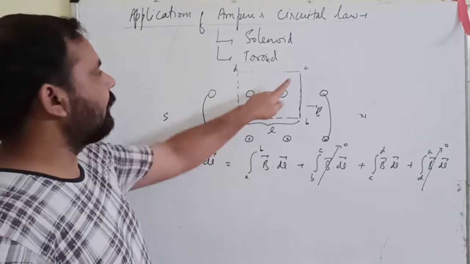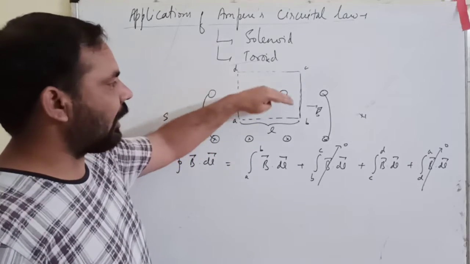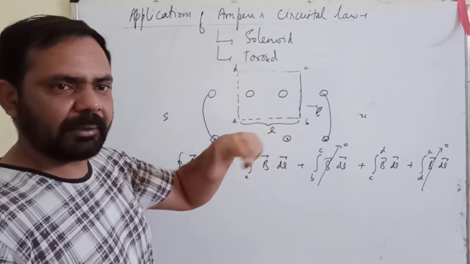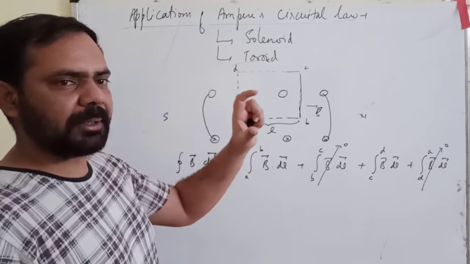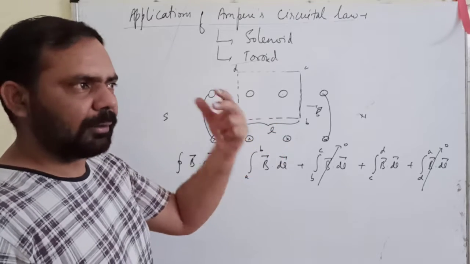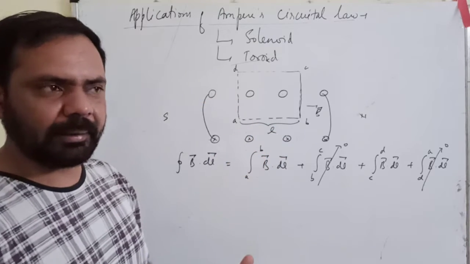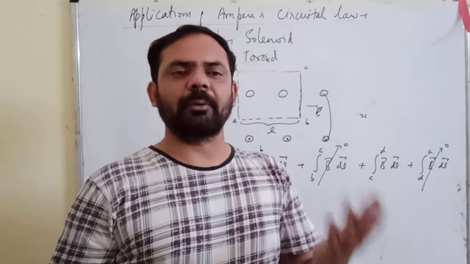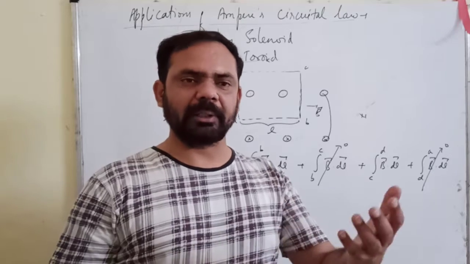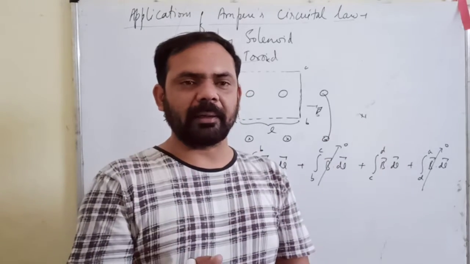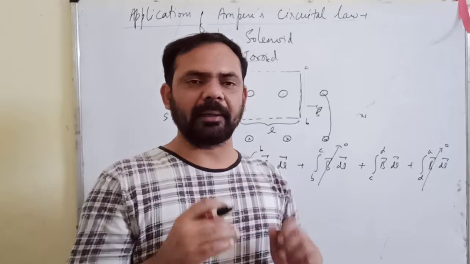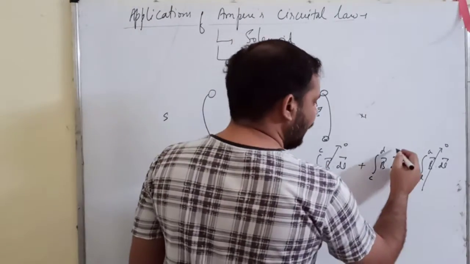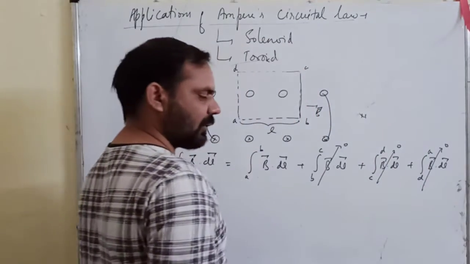Again in this CD part, this is outside the solenoid, and a few minutes back I told you that the magnetic field outside the solenoid is very weak. Theoretically we say that the solenoid creates no field outside the solenoid, means outside its region. It only creates the magnetic field inside. Outside the solenoid the magnetic field is 0. So for this part this B is 0, and hence this value will also become 0.